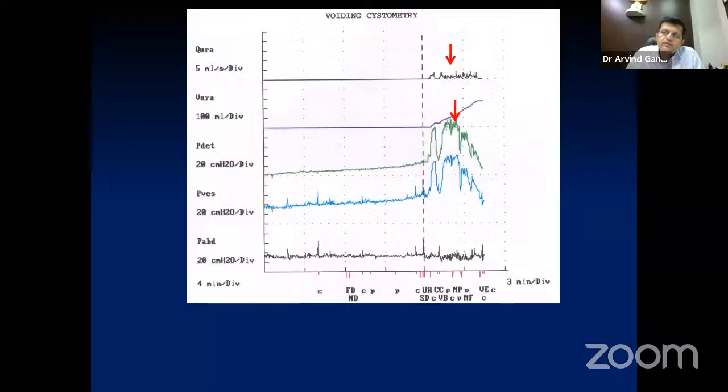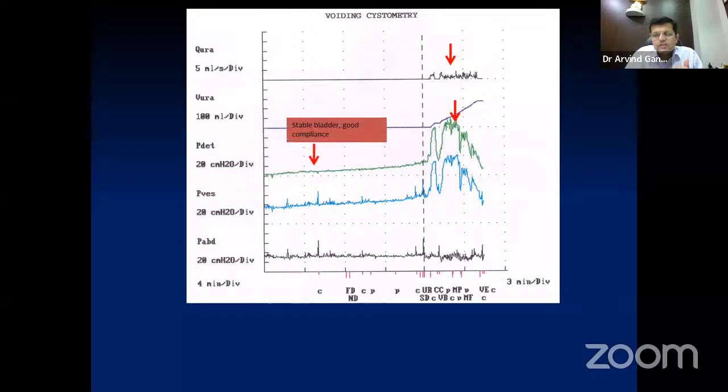We go to this graph. You see here that the P detrusor is slowly going up as it reaches cystometric capacity, and the patient has voided with very low flow rates. You can say that the flow rate, the Qmax, is hardly 5 or 6. But you see the detrusor pressures are exceeding 70. So if you calculate the AG number, it's going to go beyond 80.